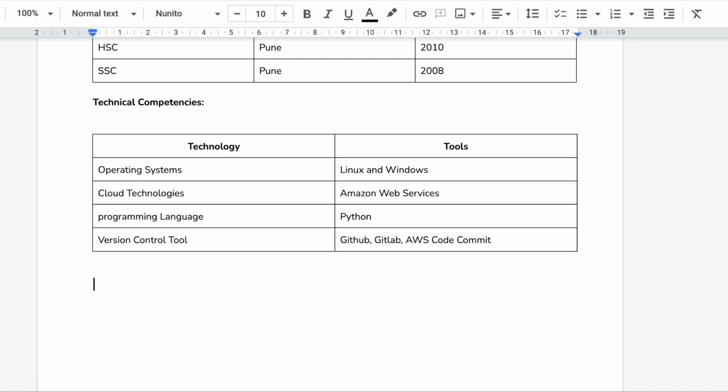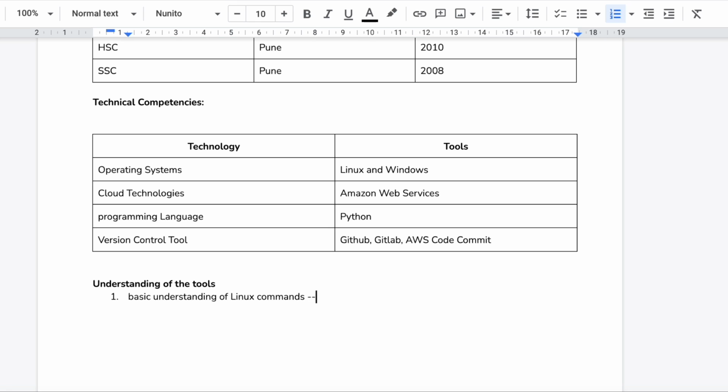After this, what you have to do is mention what is your knowledge, what is your understanding about the tools. So you can write the understanding of the tools. Okay, let's start from the first one. You will write here what exactly you know in Linux and Windows. Suppose you know basic commands of Linux, you have to insert basic understanding of Linux